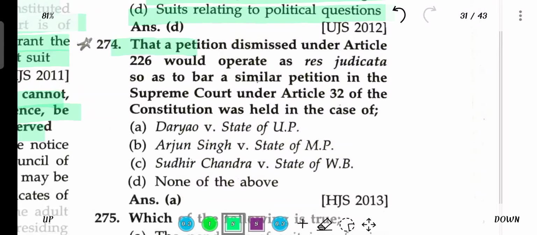The petition dismissed under Article 226 would not operate as res judicata so as to bar a petition under Article 32 of the Constitution in the Supreme Court, as was held in the case of the